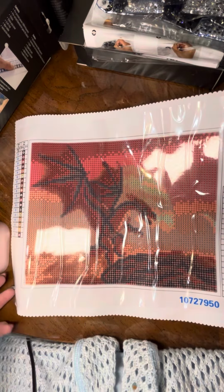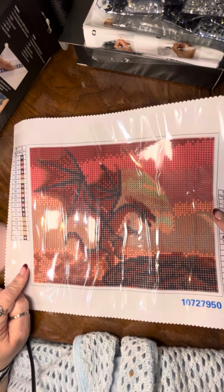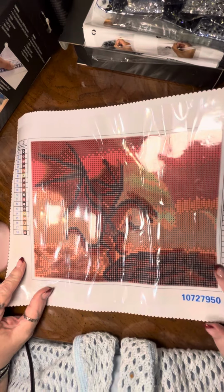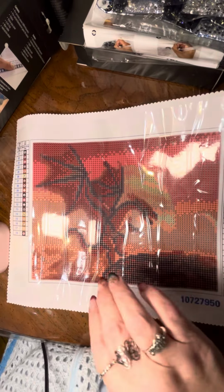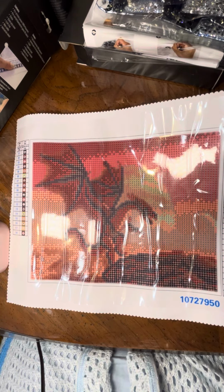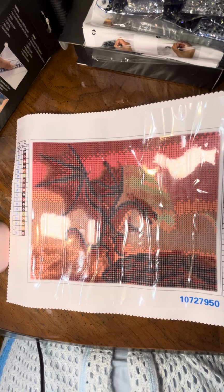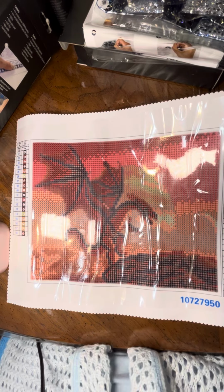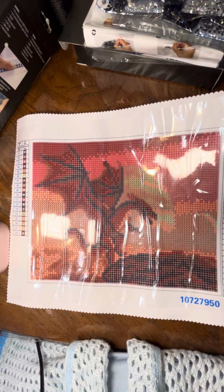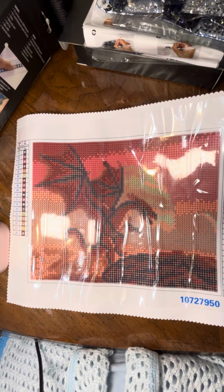Okay, so 18 colors in here. Basically, there's a lot of red, as you can see. Excuse me, you guys. So we'll just take a quick look, but I think we can expect there's going to be browns, reds, and yellows in here because that looks like what's happening on the canvas. And this one is all capital letters, so no numbers, no symbols. It's capital letters from A to R,